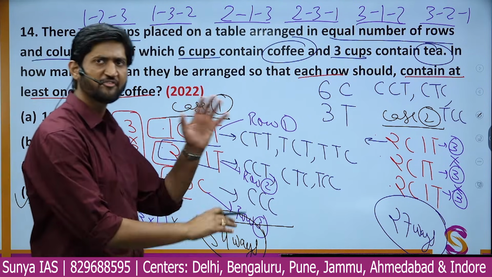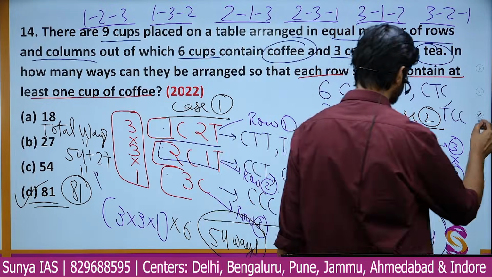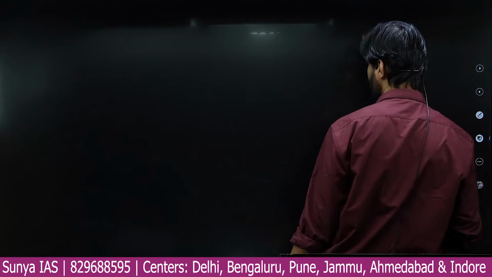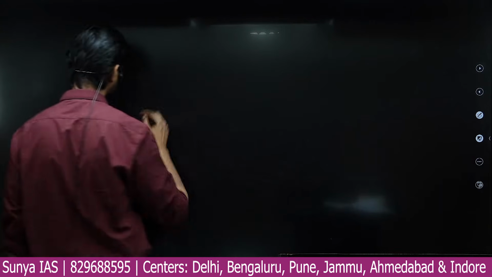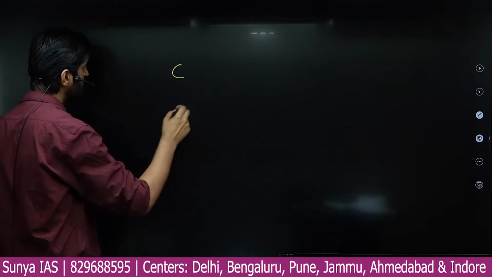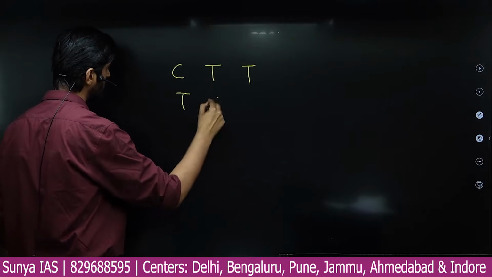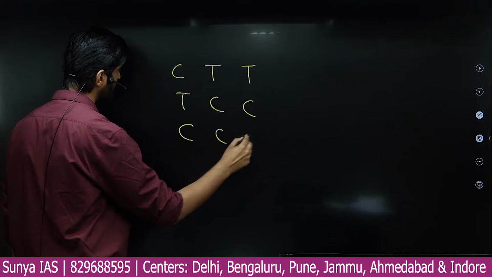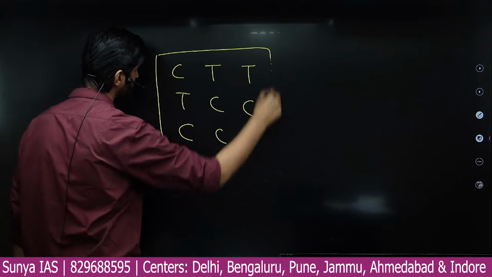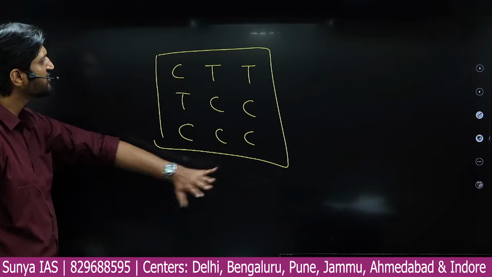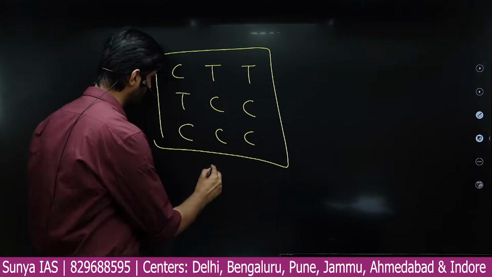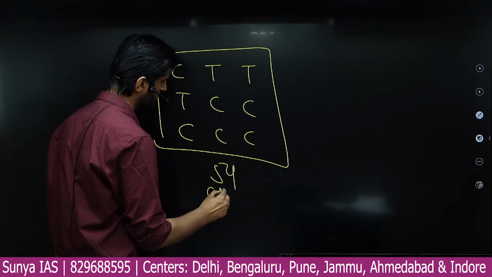So we can have different arrangements. Let me just show you one of the arrangements. In the first row you can have coffee, then tea, and then tea. In the second row you can have tea, coffee, coffee. In the third row you are having all coffee. So this is one arrangement of the first case. And you can have 54 such arrangements possible. Total 54 arrangements